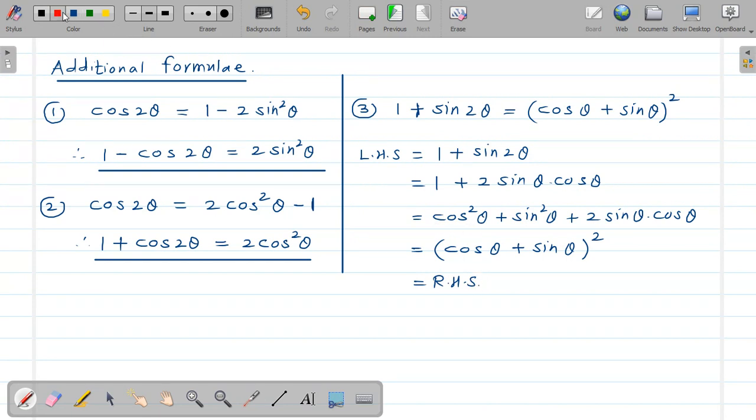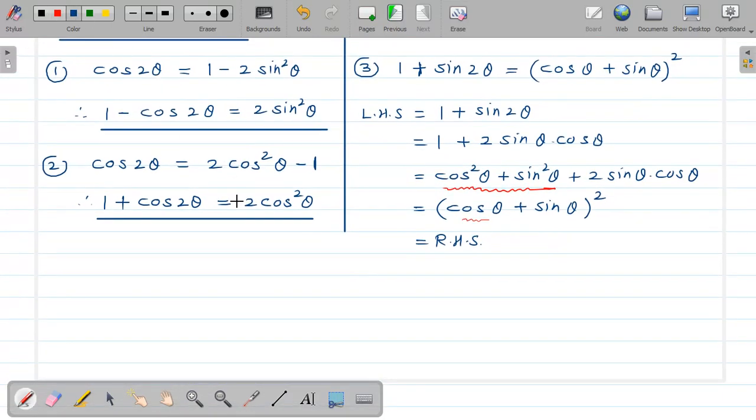And remember here, while applying the fundamental identity, generally we prefer cos square theta first. Otherwise one can write sin square theta first. Usually we write sin square theta plus cos square theta is equal to 1. But this formula is always written in the form of (cos theta plus sin theta) whole square. Here first preference is given to the cos ratio. That's why it is given as (cos theta plus sin theta) whole square. Otherwise it is also equal to (sin theta plus cos theta) whole square.